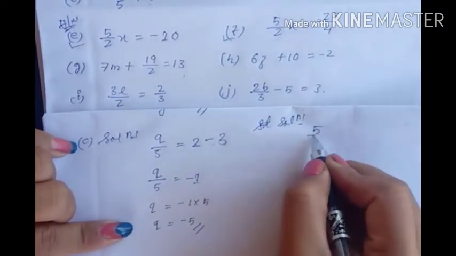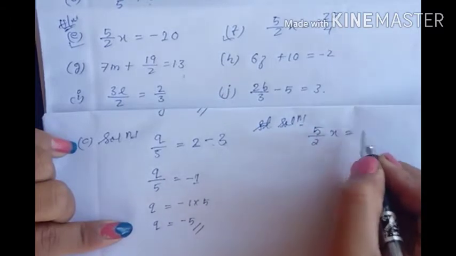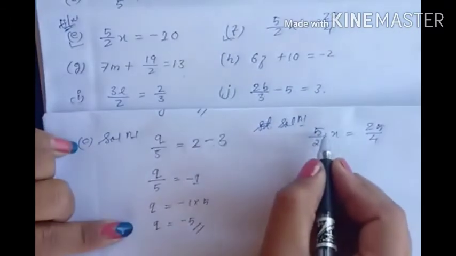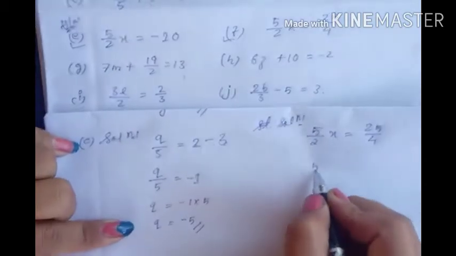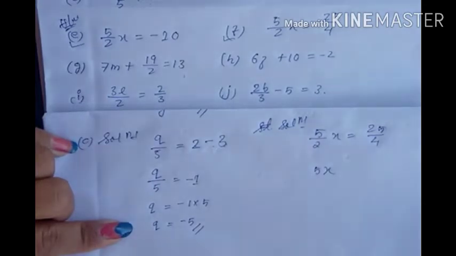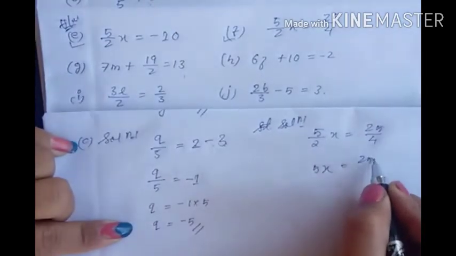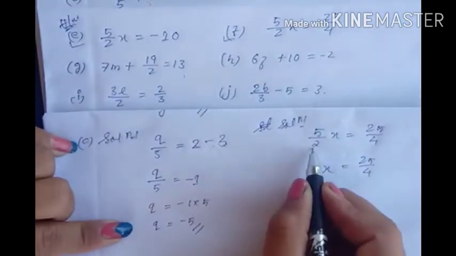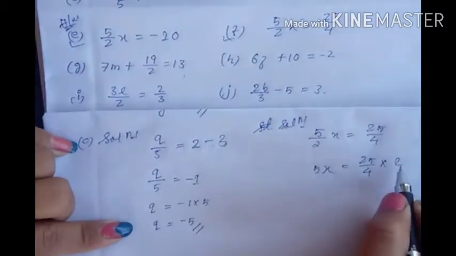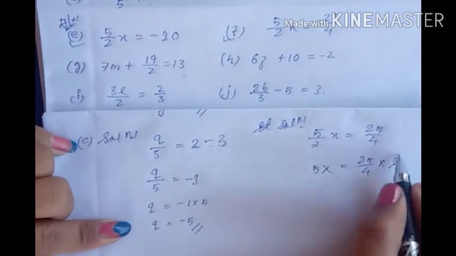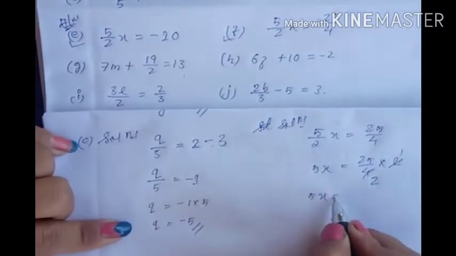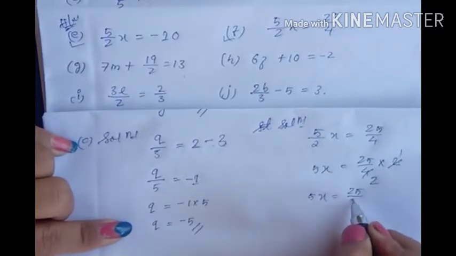What is given? 5 upon 2x is equal to 25 upon 4. This is given, isn't it? So the 5 is written here, but we can see this is 5x. Okay, we can imagine this is 5x equal to 25 upon 4. Now here 2 is divide, isn't it? If you bring this side, it will become multiply. Now you can see 2 1s are 2 and 2 2s are 4. You can cancel this. Now what we got? 5x equal to 25 upon 2 we got, isn't it?